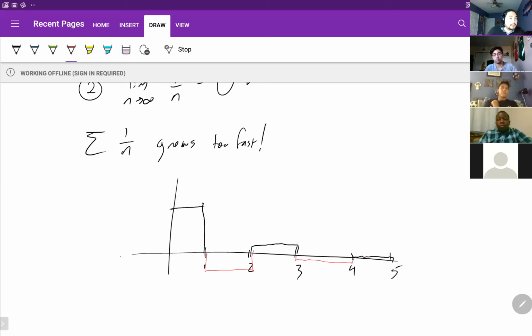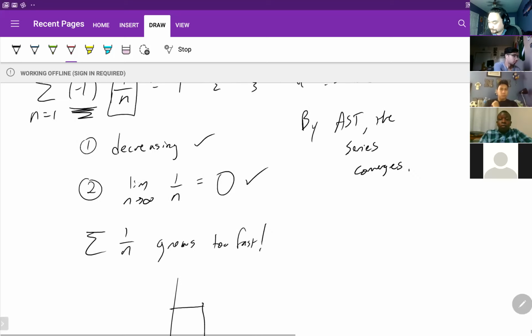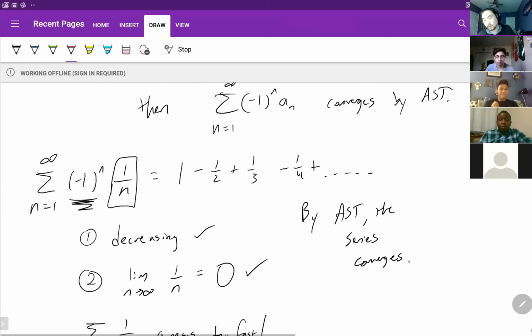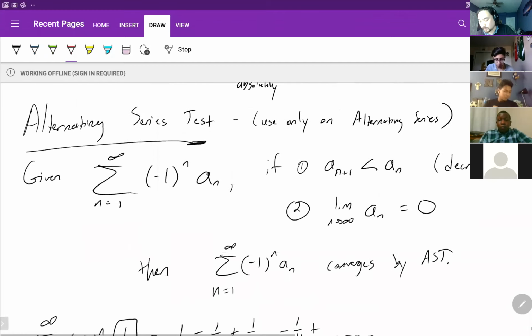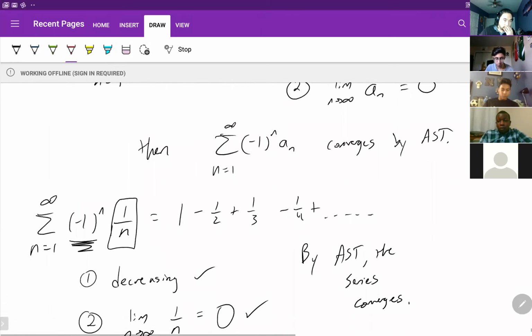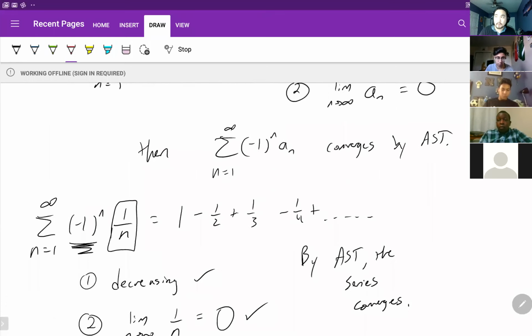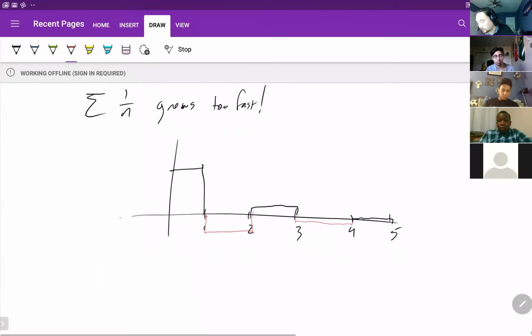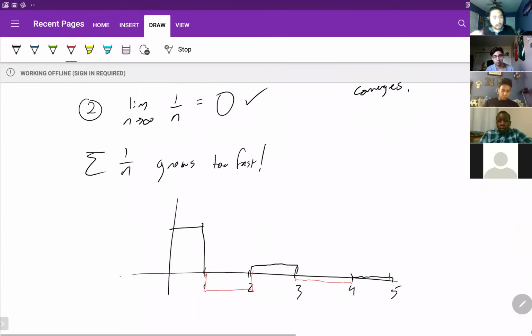I wanted to do a lot more stuff, but that's pretty much it. I think I hit all the main points. After the AST, we only have the ratio test left, and something called power series. And then that should be your next quiz 3, not the one tomorrow. All right, I'll stop here. I'm a little over time. I'm sorry. I'll put up a video.